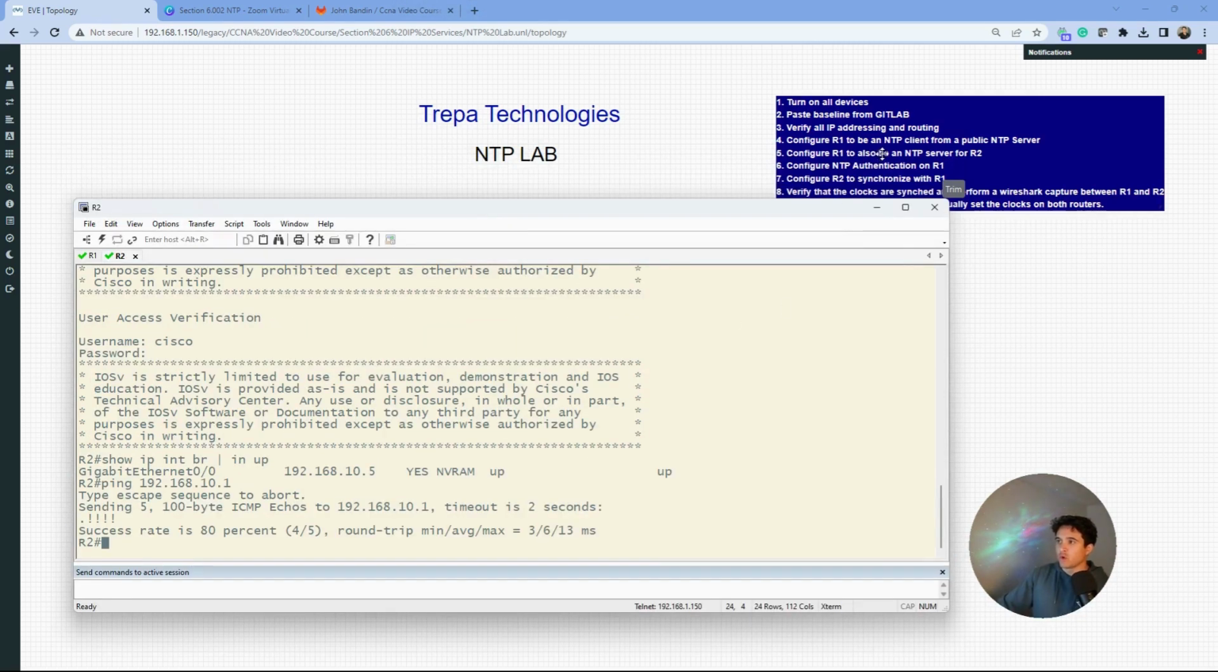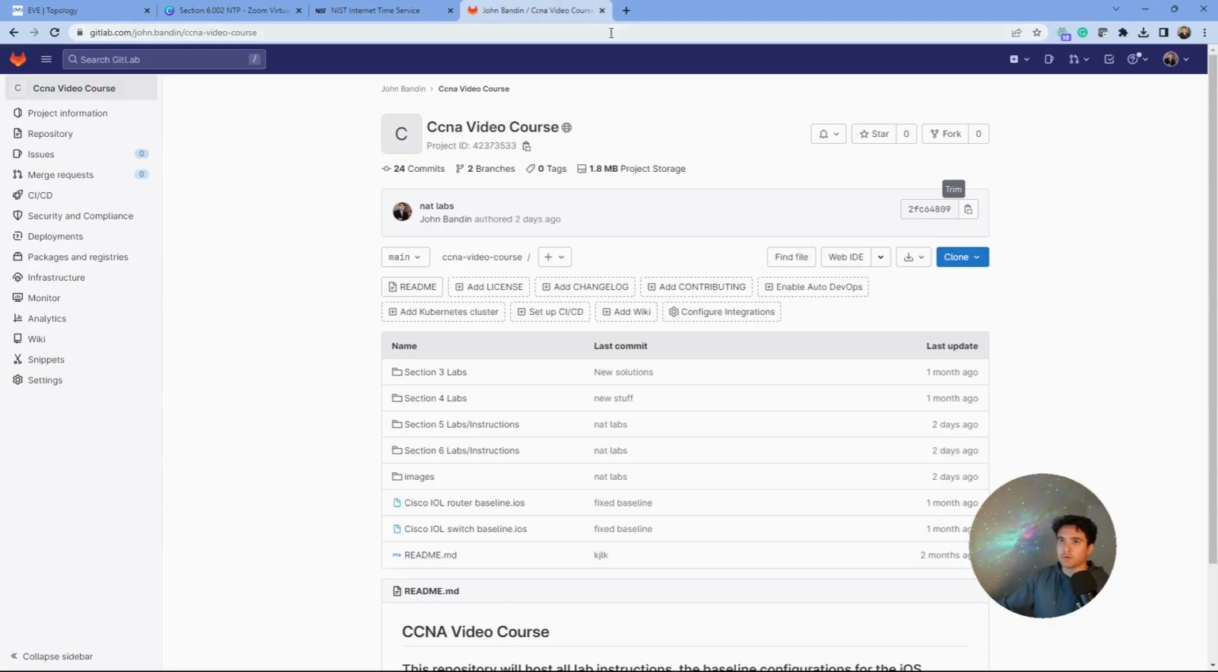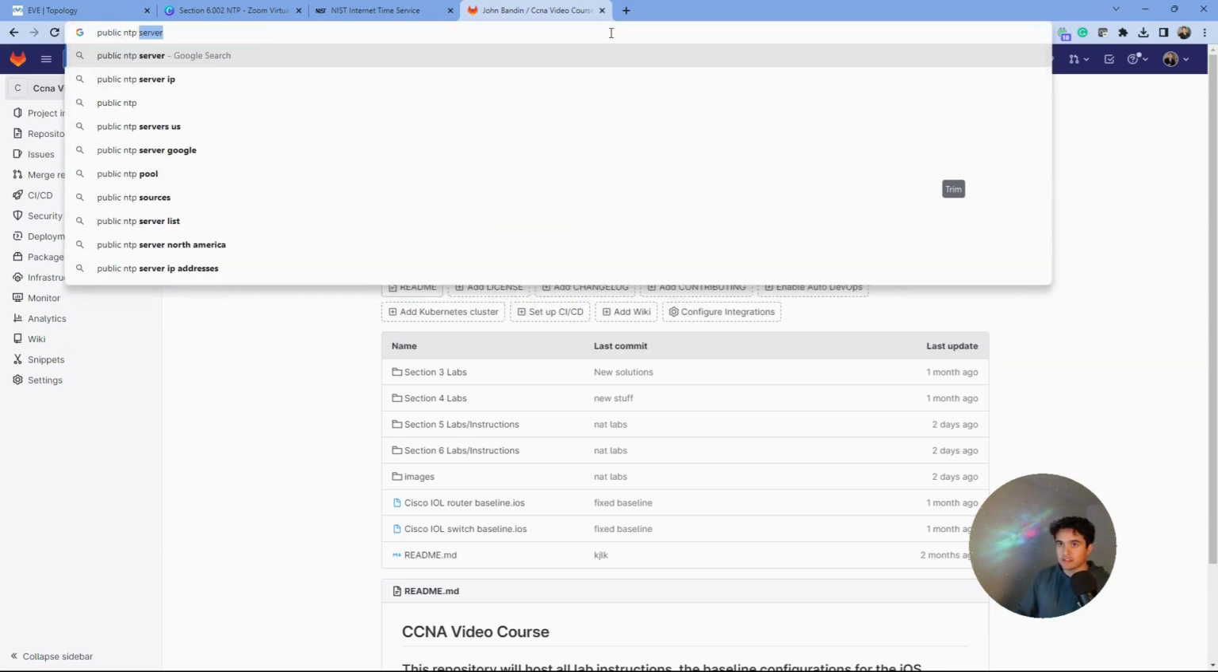So step 4 is going to be configure R1 to be an NTP client from a public NTP server. All right, so I'm going to show you guys how to get an NTP public server IP address from the internet. So I kind of already have it pulled up here. I just went to the NIST website, but it really is this simple. If you just type in public NTP server,